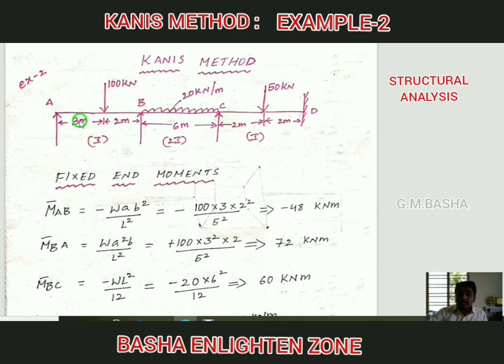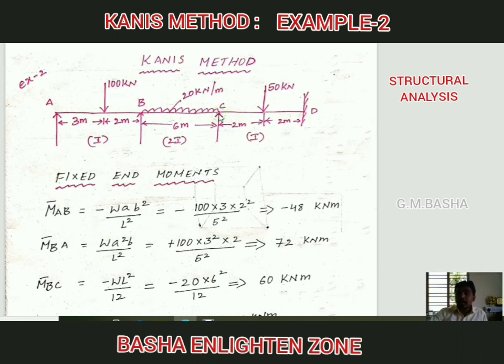See here, this is an end support, that is the reason I am considering it as a simply supported. But C is the intermediate support. Intermediate supports are always considered as a fixed support. That is the reason for B, C is a far end and that too an intermediate support. Intermediate support is considered as a fixed support.